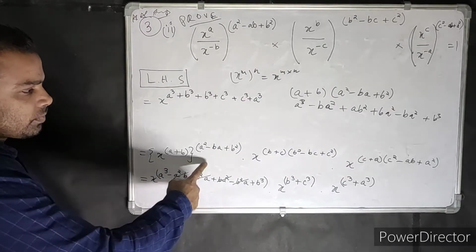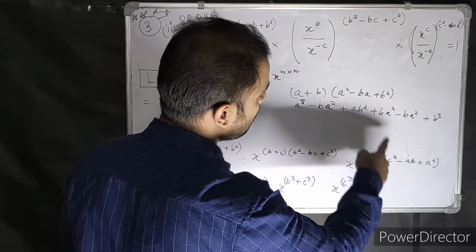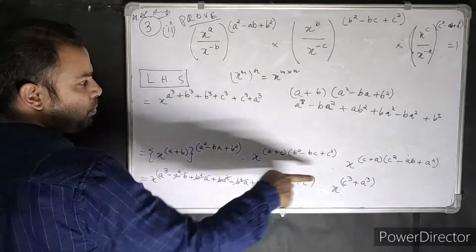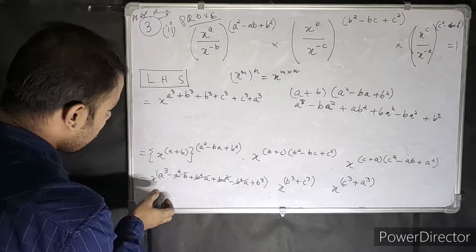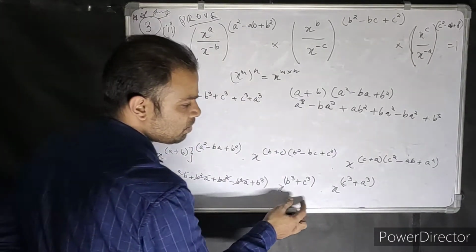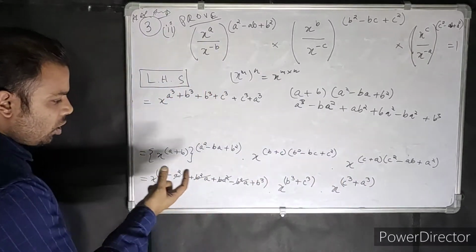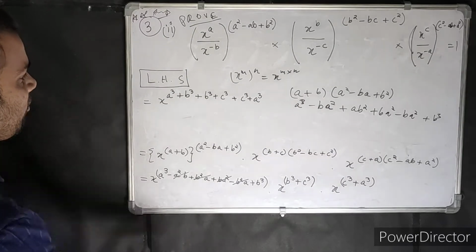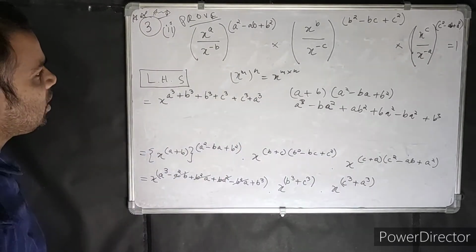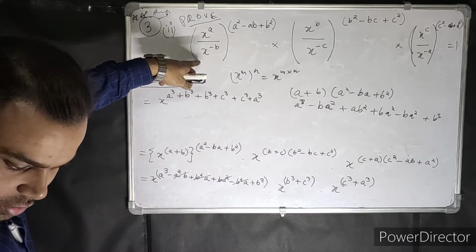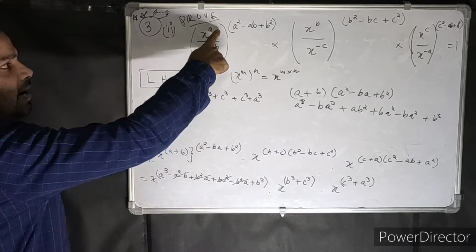Because these terms are all, when you multiply, you are left with the positive term. And what happens when you have the same base multiplied? The powers are added. So you're not getting anyone in negative form. So what happens? You're left with this. Yeah, they made a mistake over here. So it's a negative and a negative.